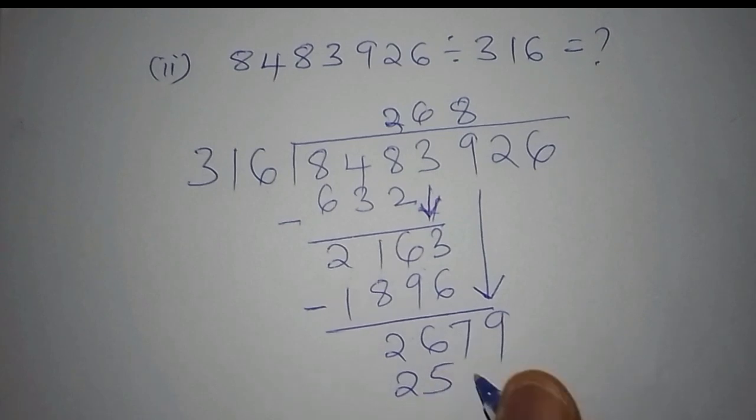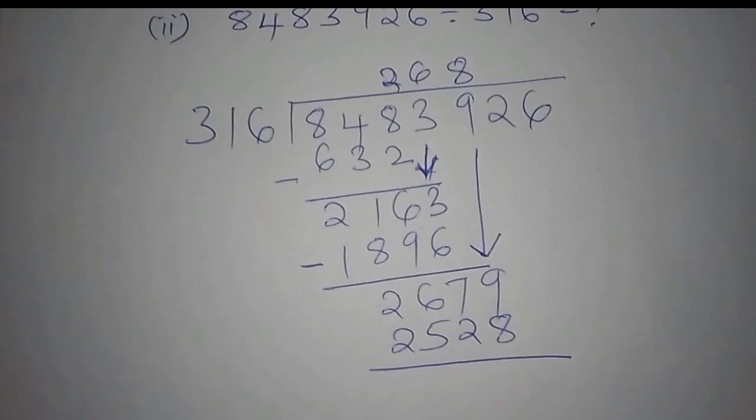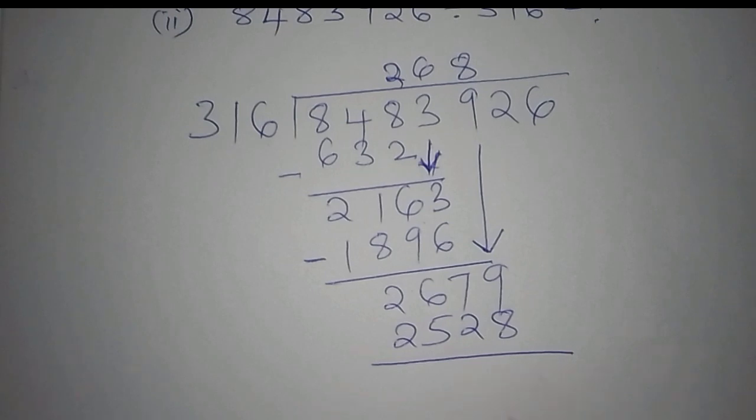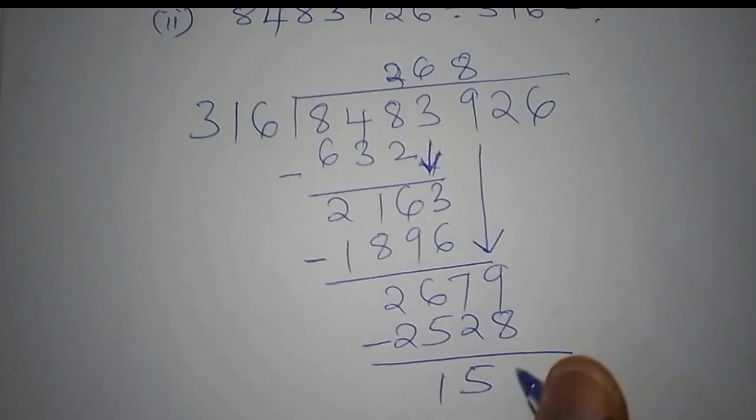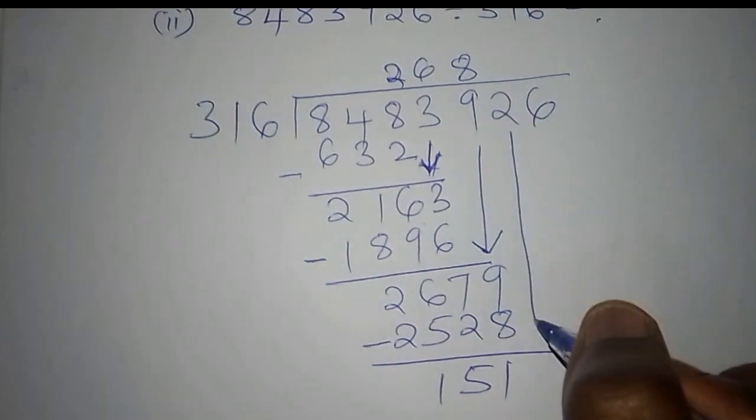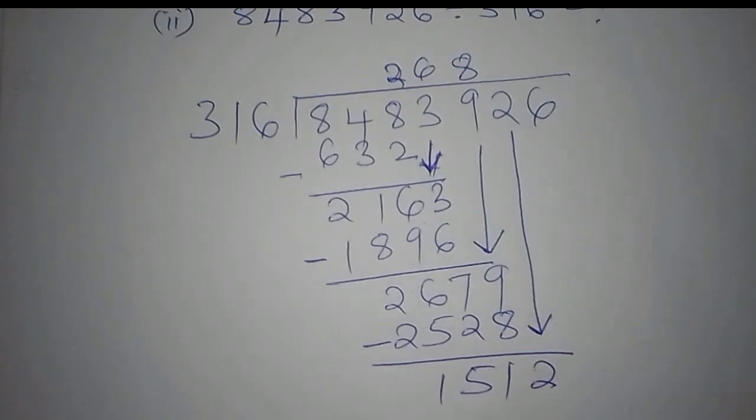2528. Then again from there we subtract the difference. When you subtract the difference, we have 151 here. After getting 151, you remember that 316 cannot go into 151 because 151 is smaller. So we are forced to drop 2 down here. So now we have